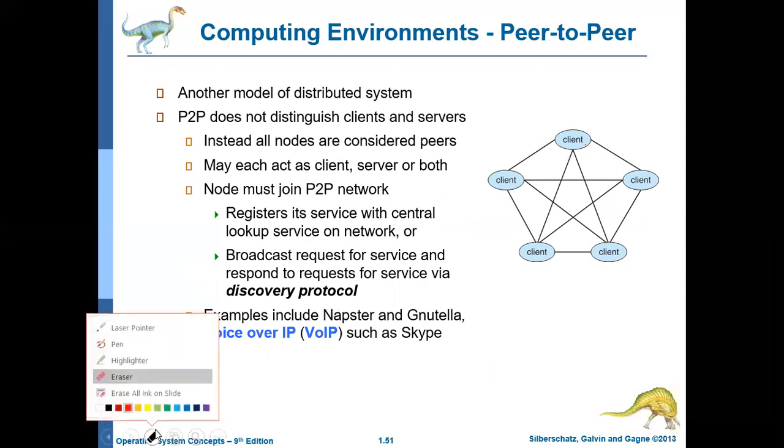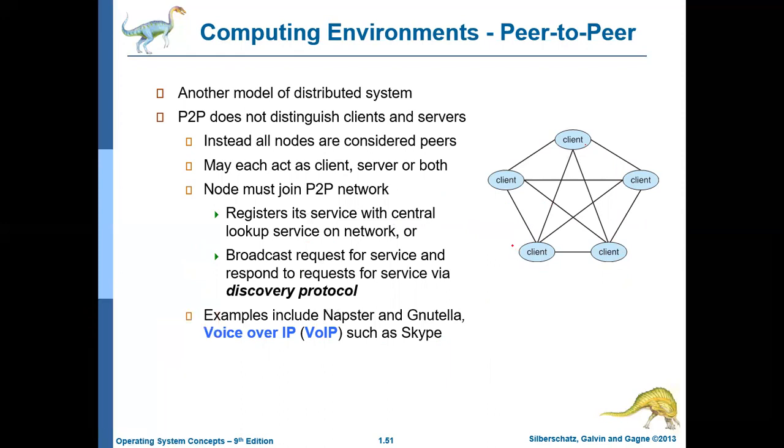The client will broadcast a message to all the other clients stating that I need so and so service. Who can provide that? Whoever can provide that service will reply back. For example, if this client can provide it, it will reply back. Then this client will act as a server and provide that service to this client. This type of system is called a